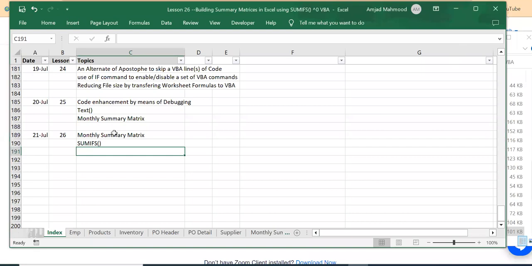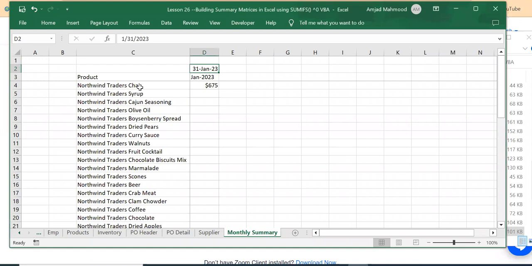In this video, we are going to proceed to the monthly summary metrics. And we showed you in our previous video how we can develop a matrix, right? And it is very simple, and here we are going to tell you in detail how to develop a multi-dimensional